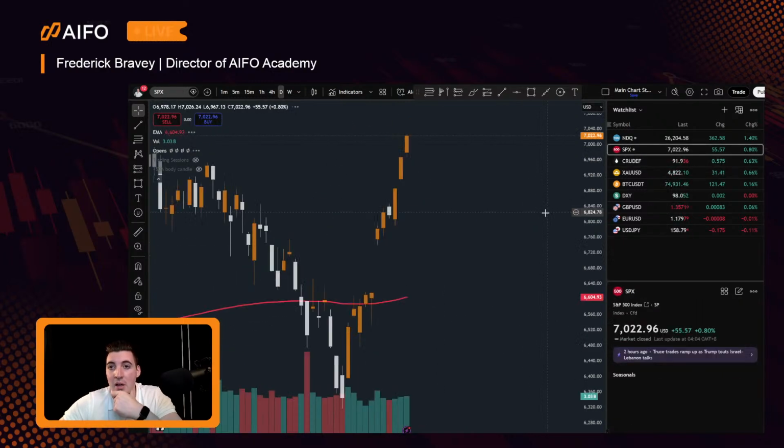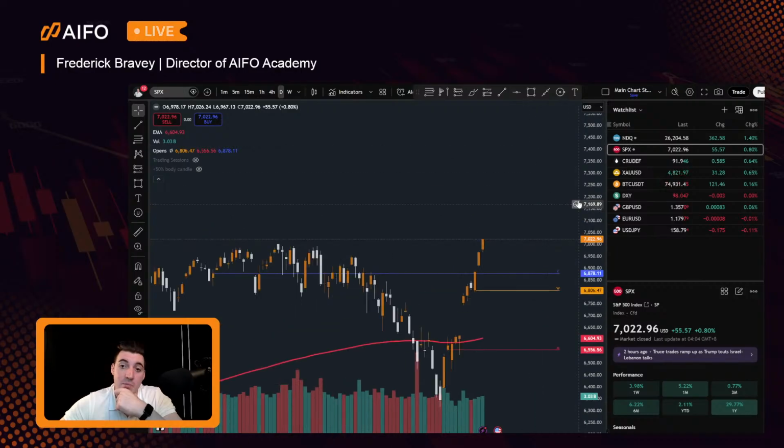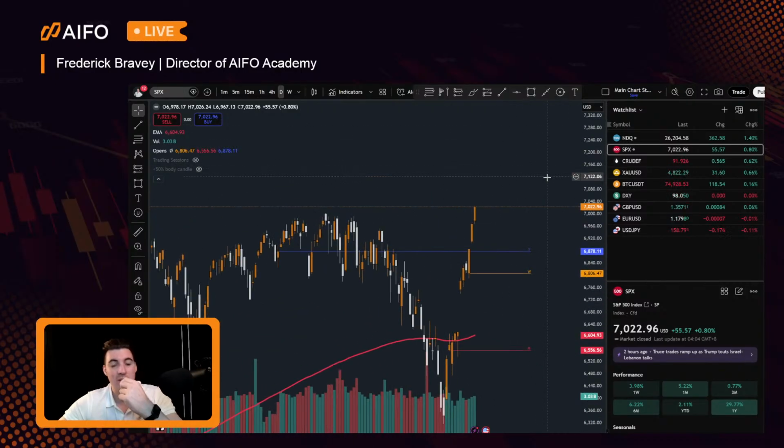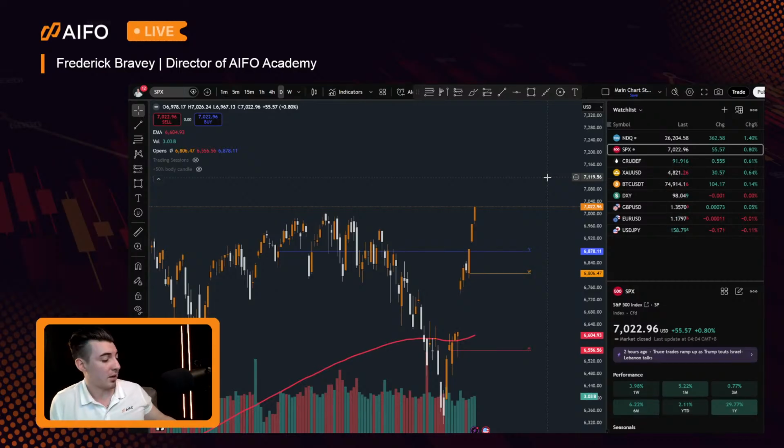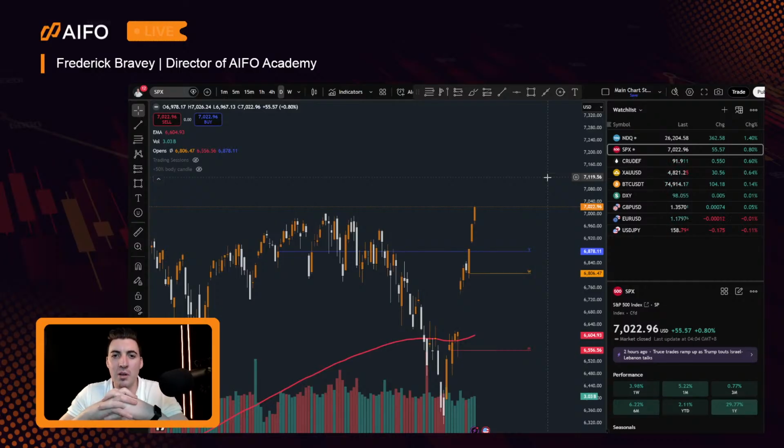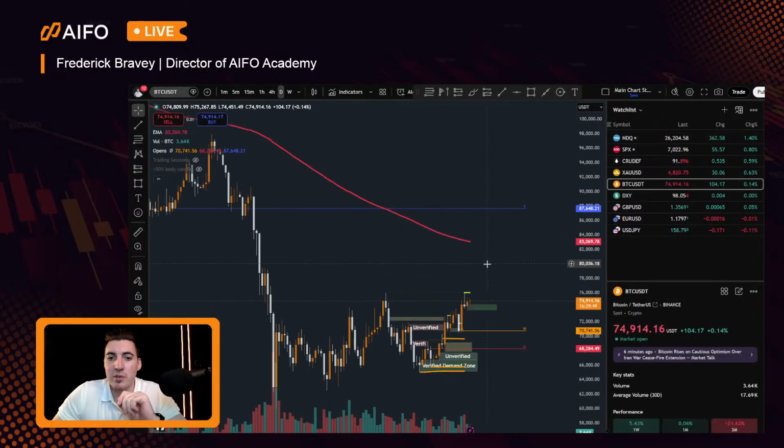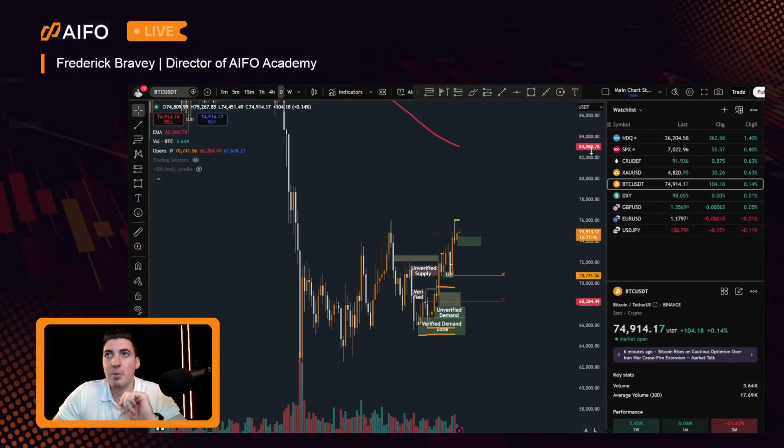Absolutely incredible. S&P is definitely on its way up. Of course it is, because when the conflict becomes less high stakes, then the global economy is a little bit more relaxed, and they want to re-jump back into the equities, the stock market. And that's why we're seeing a big push on BTC USDT as well, because BTC and crypto is a